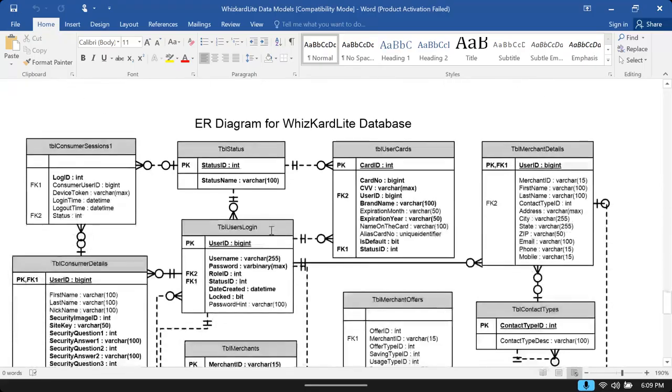This is called entity model. We usually call it as ER diagram, entity relationship diagram. And in the entity model, table name, field name, data type, relationship, everything is present. Now, do you know, to a person in a real-time project whose job is designing the database according to our project, to him we give this diagram.